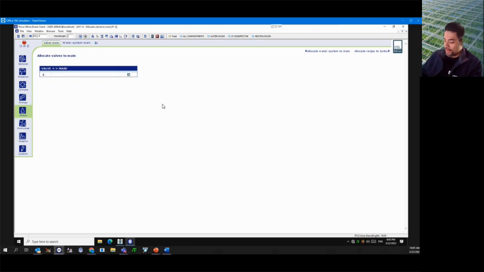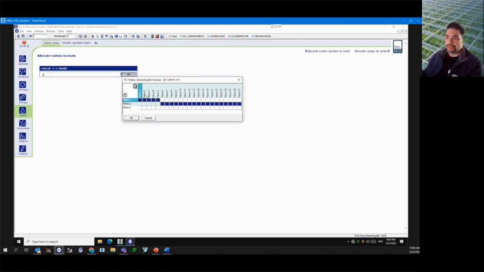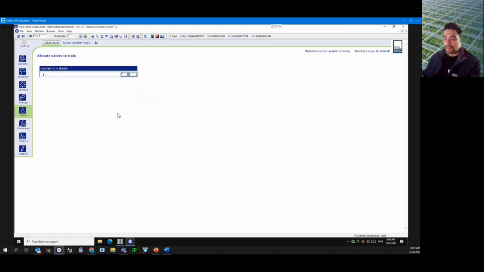Okay. So again, these usually don't change. Sometimes what does change is these links here. So maybe if you have multiple main lines for one water system, maybe during one period you'll have the valves using main 1, and then through another maybe crop phase or something you might have valves linked to main 2 now, right? So